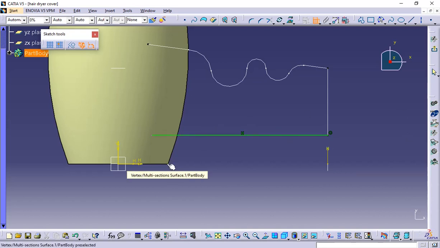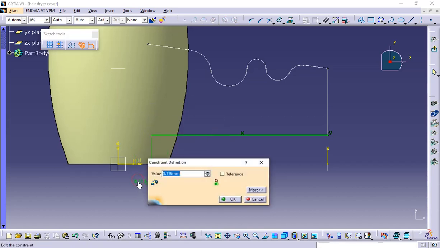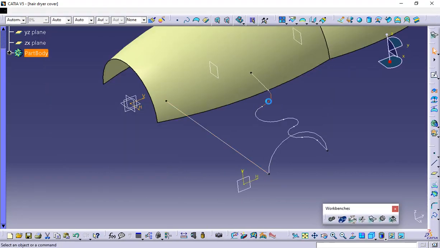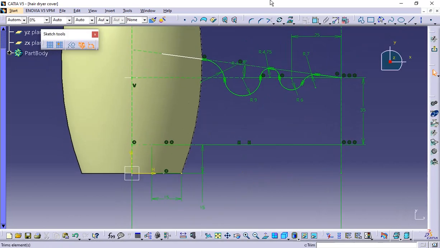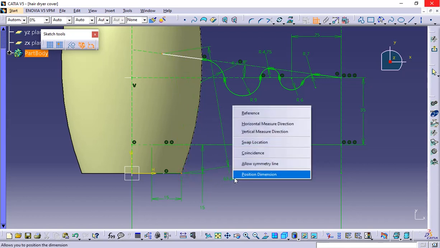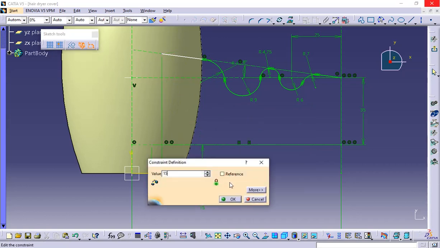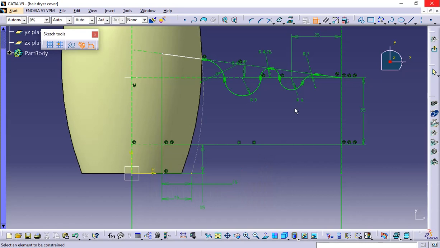And this one and this one oriented as 15. Okay, and exit, and even just try to make this also 15 roughly. Select this point and this edge, make it horizontal, and just that make it as 15, and both lie in